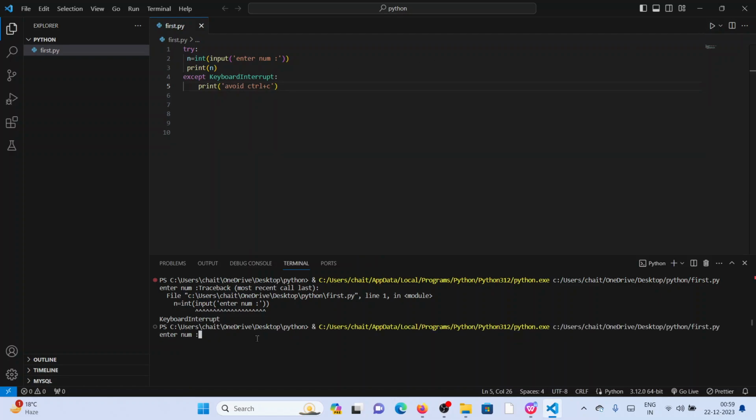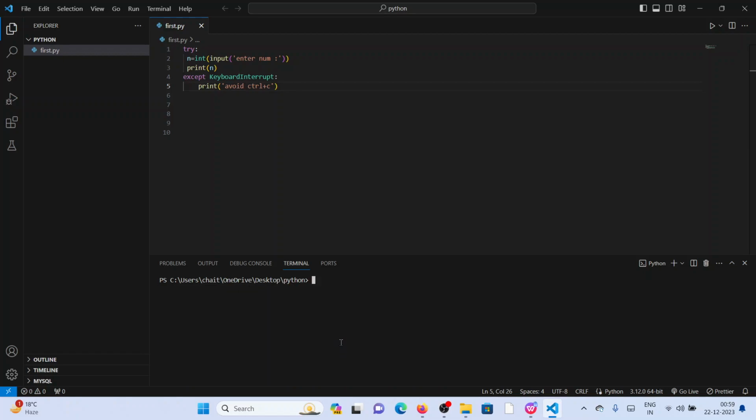So enter Control C here. See, it prints avoid Control C here. Okay, so like that. So if you want to handle this keyboard interrupt exception, this is